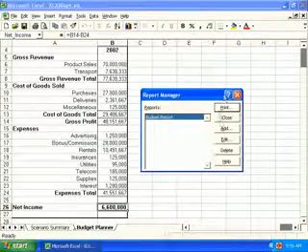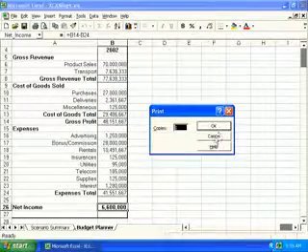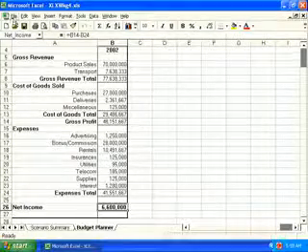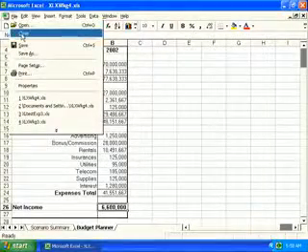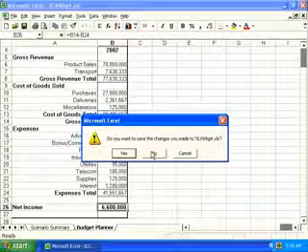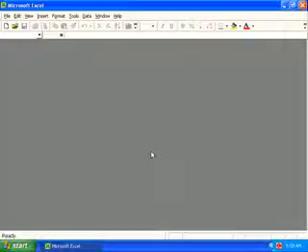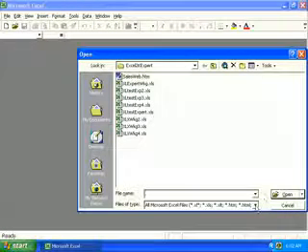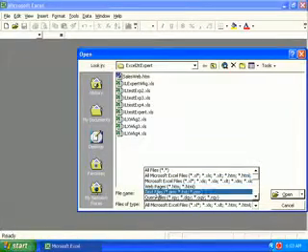And we could click Print, but for now I'm going to cancel, and let's close this without saving. No. Now let's go to File menu and Open, and select Text Files from the File of Type drop list,